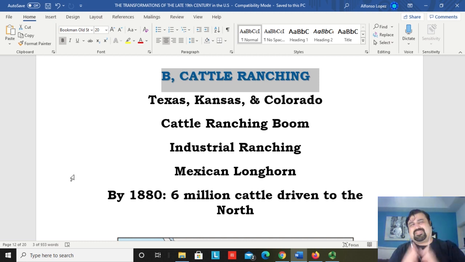So this is the starting point, if you will, of the beef industry. There's a growing demand for beef in the country. Americans are now consuming beef on a day-to-day basis thanks to refrigeration, and it's becoming part of American culture, eating beef, in other words. And because of the growing demand for beef, because there's now transportation like railroads and refrigeration, we're going to see that this growing demand for beef led to the development of a new industry,